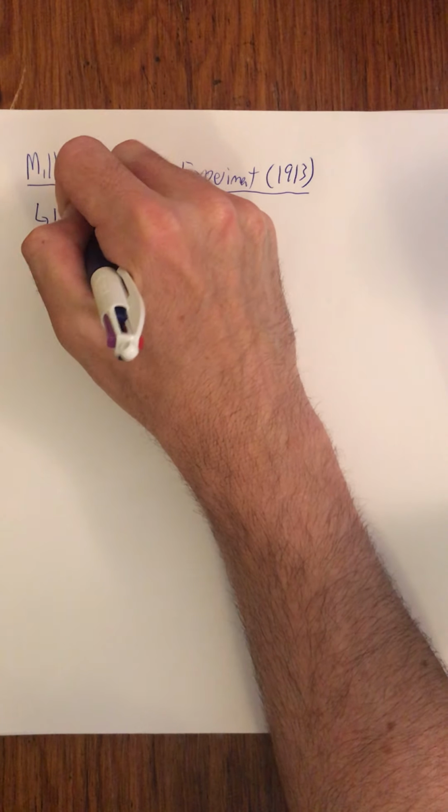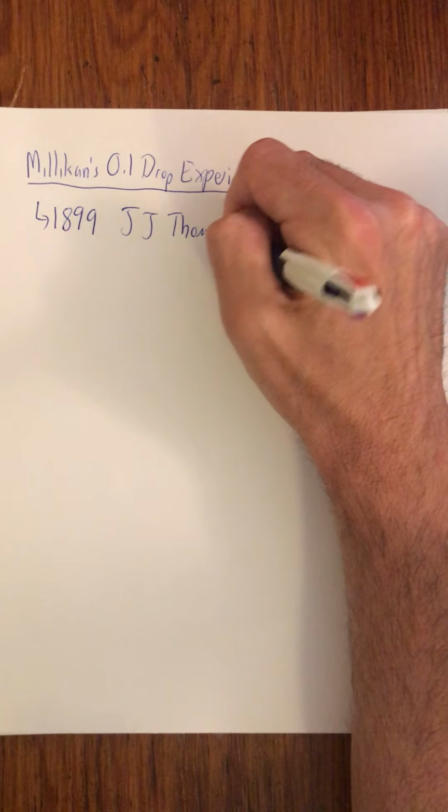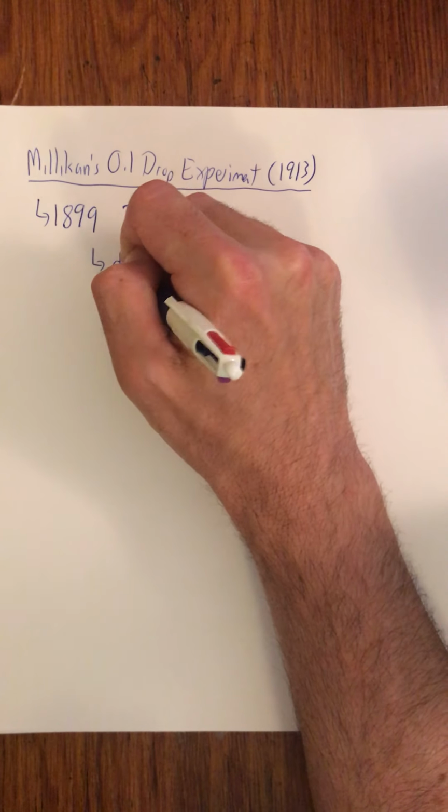To back it up a little bit, 1899, and I said this in the beginning of this unit, someone named J.J. Thomson finds out that there's this particle, which used to be called a beta ray, that was emanating from a lot of radioactive materials. You probably learned about beta decay from chemistry. They thought the beta ray was a ray, and Thomson actually discovers that this beta ray is the electron, right? That it was an actual particle, not a portion of the electromagnetic spectrum. And so J.J. Thomson discovers the electron